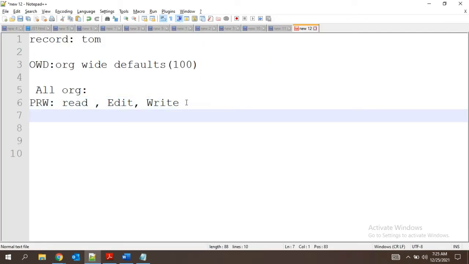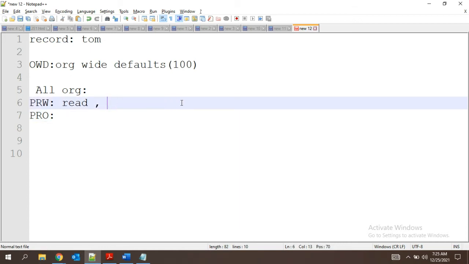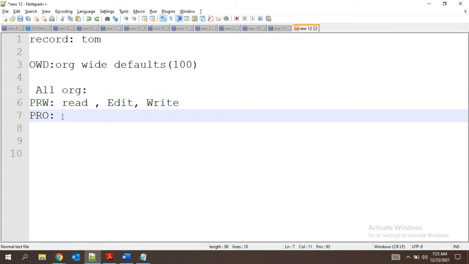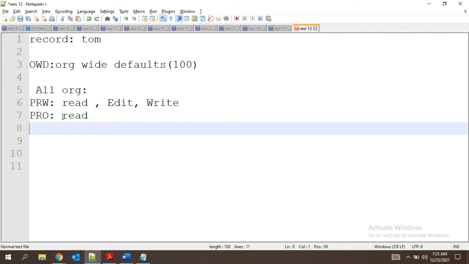One more option is public read only. That means you will have only read access. You can just view the record but not make any changes to it. And the last one is private.